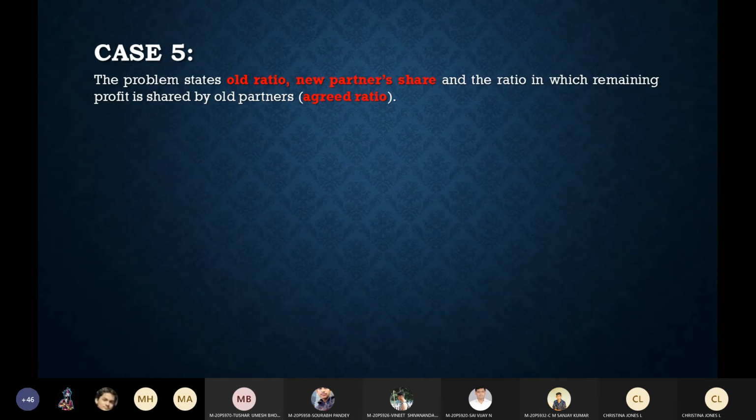So the point I'm trying to make is they will tell that there is a new pizza. First give the new guy. What is remaining, how to share, they will tell you whether to share it equally or 3:2 or 1:3 or however it is, they will tell you in the question. That is what this problem is all about.